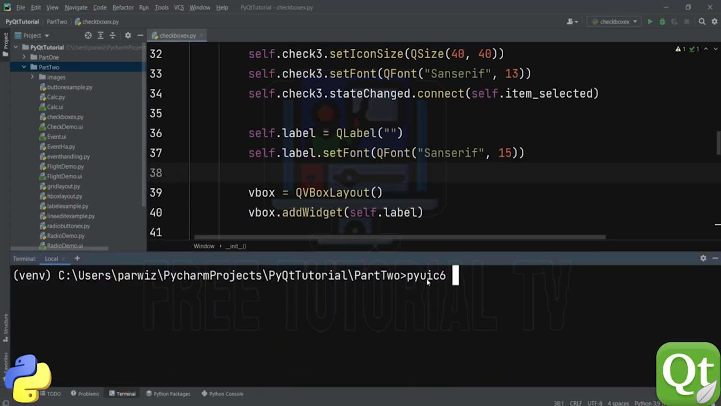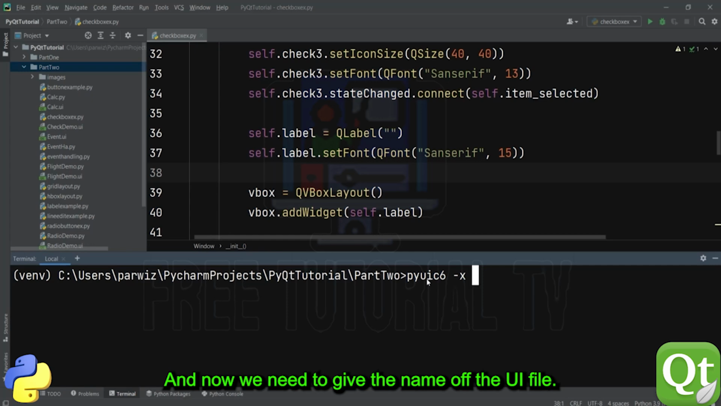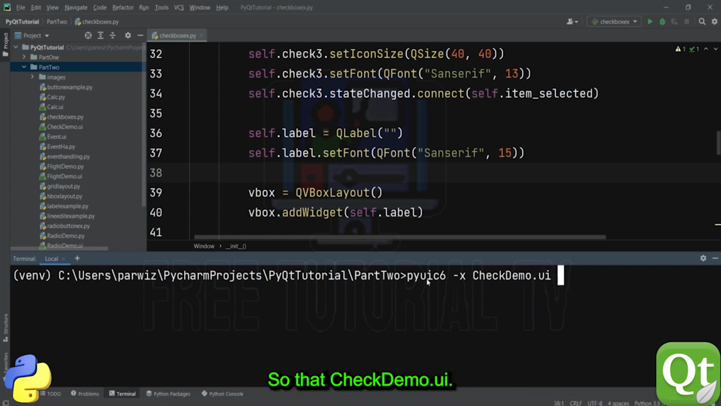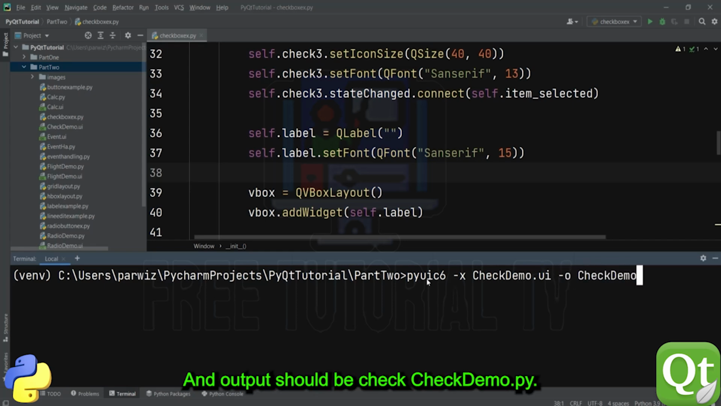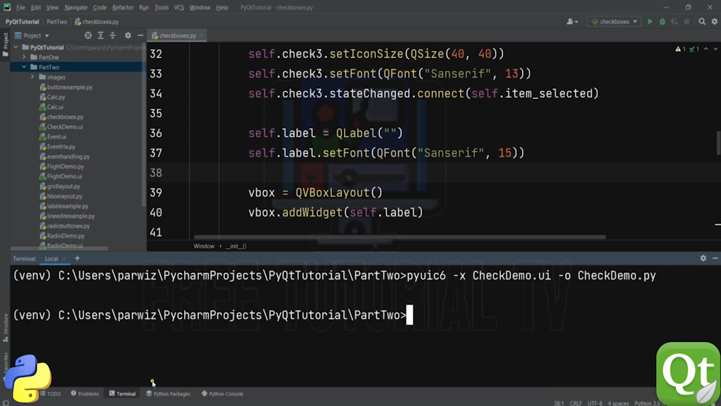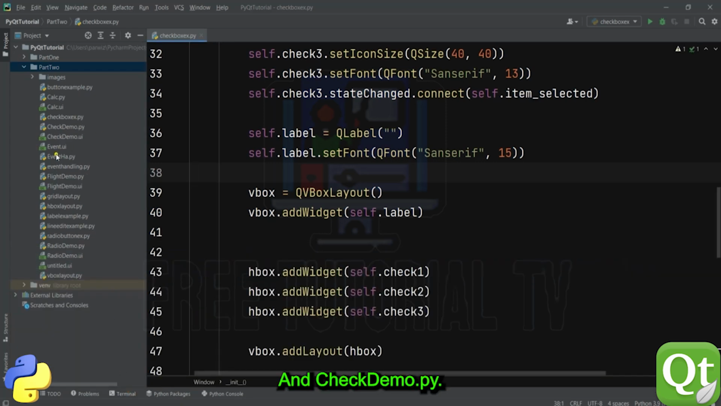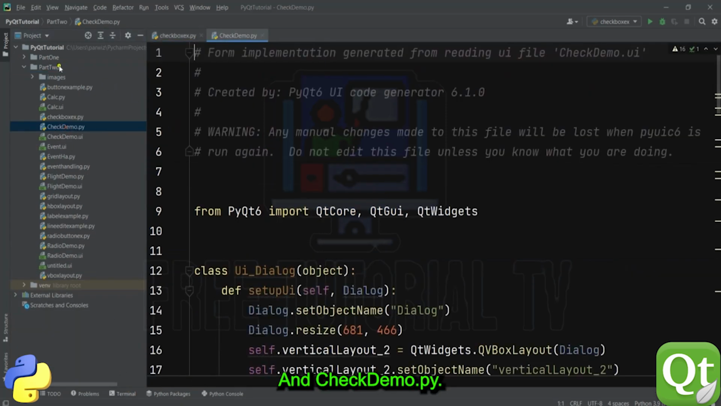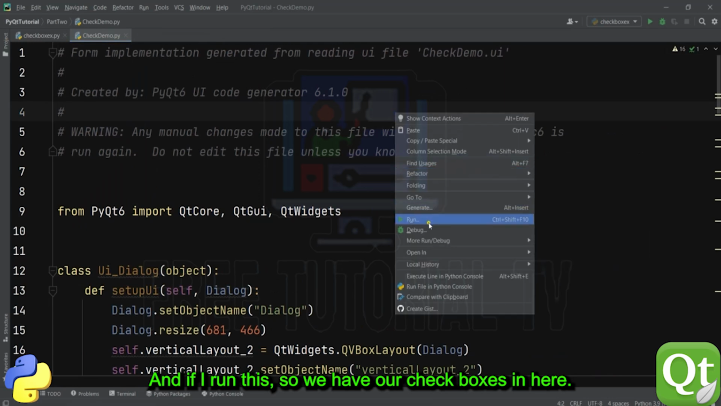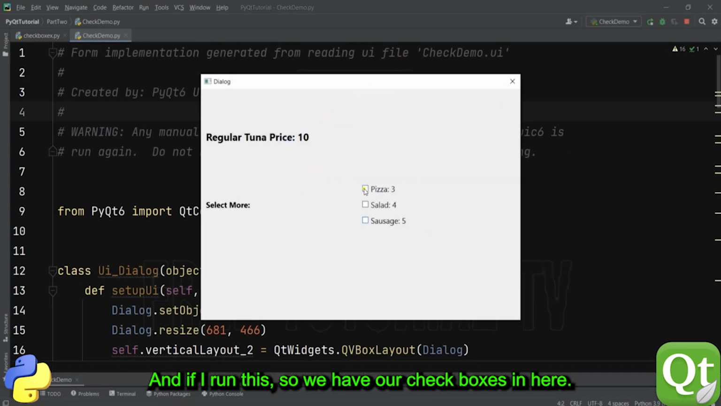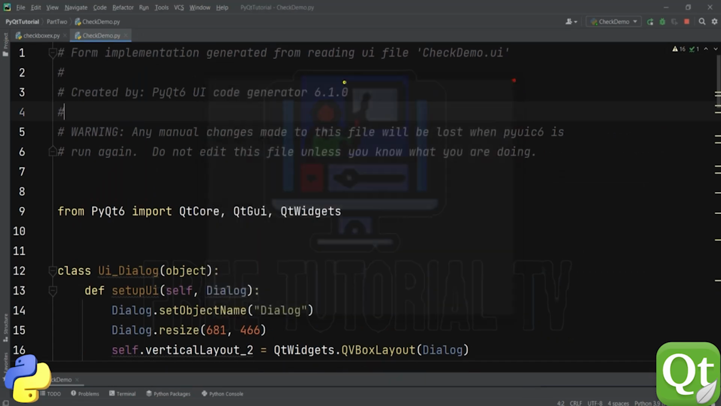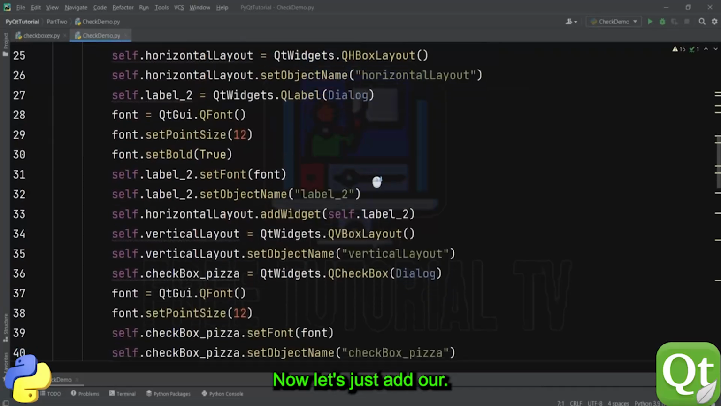So you can say pyuic6 -x, and we give the name of the UI file, checkdemo.ui -o output, and it should be checkdemo.py, and run it. And checkdemo.py, we run this, you can see the checkboxes in here. So there are three checkboxes with the text. Now let's add our